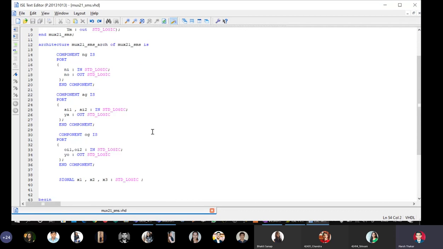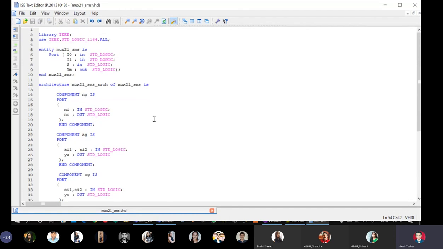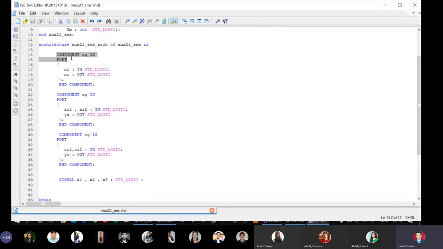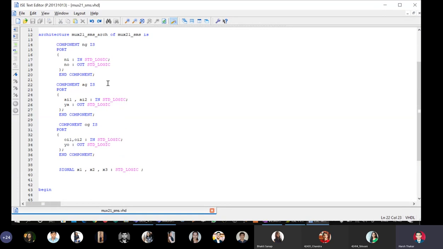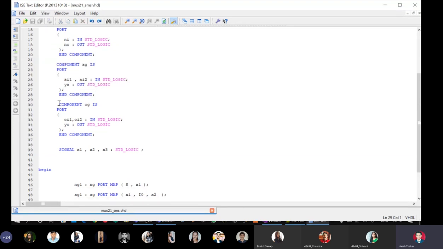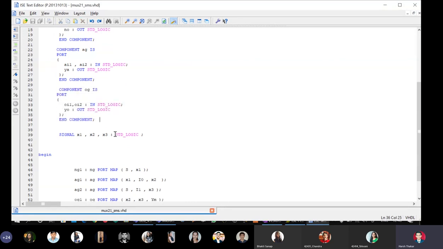In the VHDL model for parent, we have library statements and the parent entity with all the inputs. In the declaration part, I have defined the first component NOT gate with the input Ni, output No. The second component AG representing AND gate with the inputs AI1, AI2 and output YA. The third component OG for OR gate with OI1, OI2, YO.